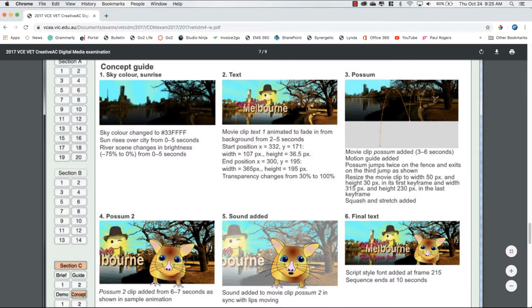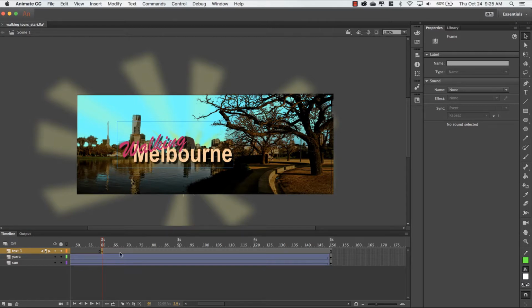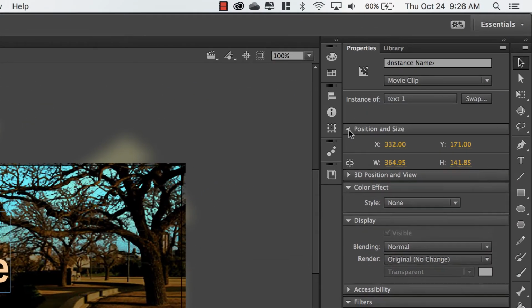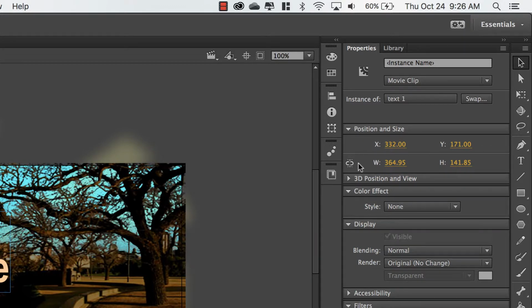So to do that, we go back to our Adobe Animate, and we need to get the text layer, selecting keyframe number 60, start at that starting keyframe, so point A, and the start position. To define that, we need to just select the layer, head over to our properties palette, and look for this option here, position and size. I'm just going to make sure that this lock is unlocked, so then we can punch in the exact figures without it constraining to proportions. So the X for start position is 332, Y is 171,